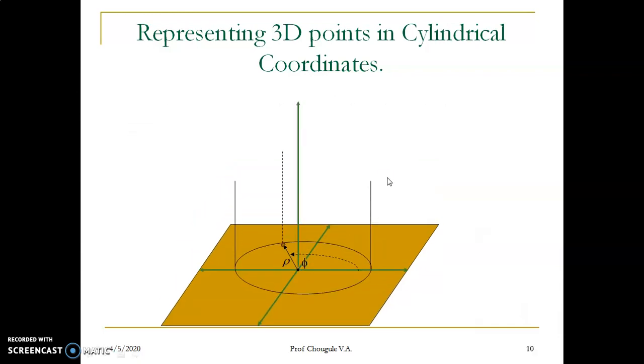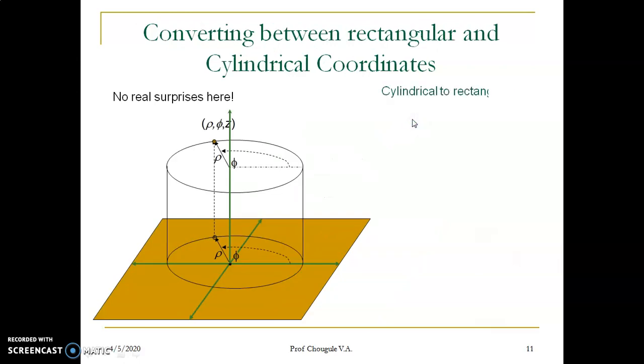Now we have to imagine the point P (rho, phi, z) in space. The same thing is there, just height is added as the z-axis. This system is rho, phi, z, where rho and phi are the same as r and theta in the polar coordinate system,